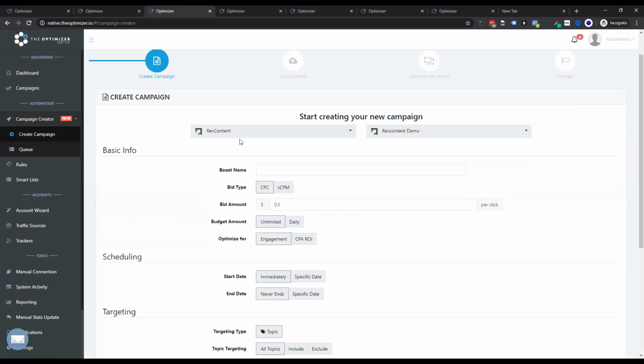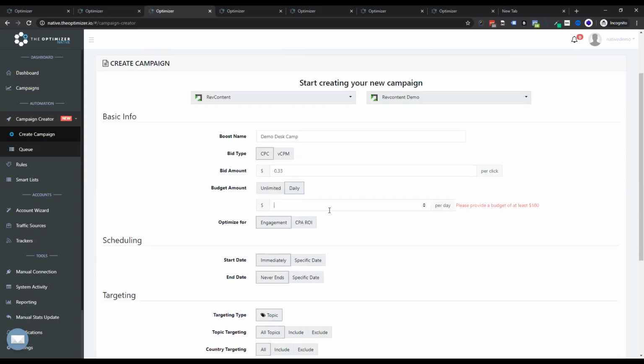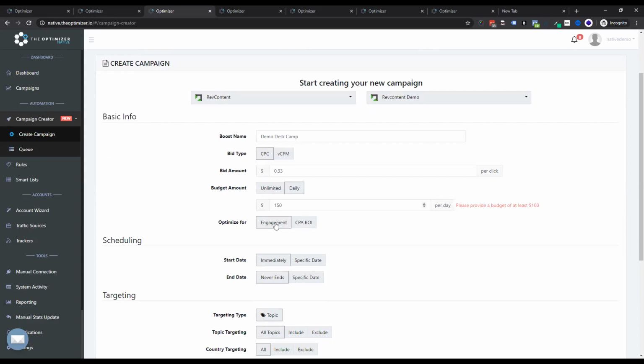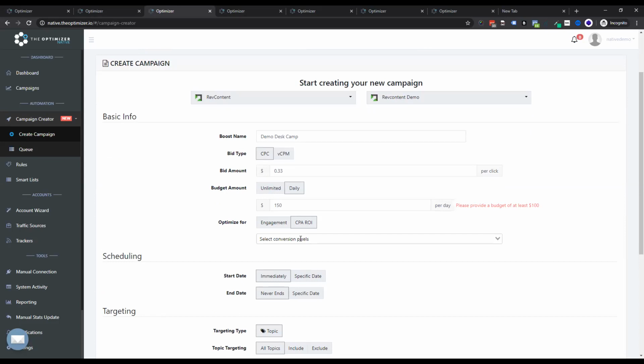So let's say we're creating a new campaign on Rev content. We're adding the boost name, let's say demo desktop campaign, and we specify the bid amount. Let's say we start from 33 cents. We bid on a CPC level, and we give a daily budget of $150 to this campaign. And if we want to optimize, we can select the optimization strategy, as Rev content needs it to be on engagement or cost per acquisition and ROI. Let's say we specify cost per acquisition ROI, where we can select the pixels or events from